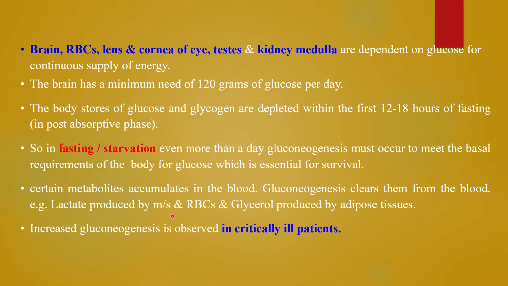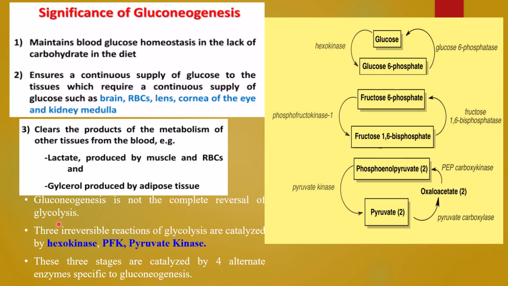Certain metabolites accumulate in the blood, like lactate produced by the muscles during vigorous or strenuous exercise, and by RBCs also, and glycerol produced by the adipose tissues. All these need to be scavenged and converted into a useful form via gluconeogenesis. Increased gluconeogenesis is also observed in critically ill patients. So, in a nutshell,